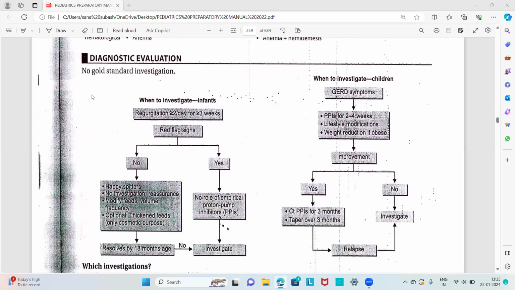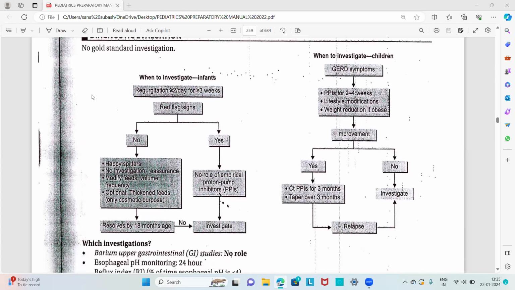Then how will you diagnose or investigate these patients of GERD? There is no gold standard investigation for GERD. This is the algorithm for the investigation of infants, that is, when to investigate infants for GERD. If in infants regurgitation is more than 2 per day or for more than 3 weeks, that is regurgitation happening for more than 3 weeks,